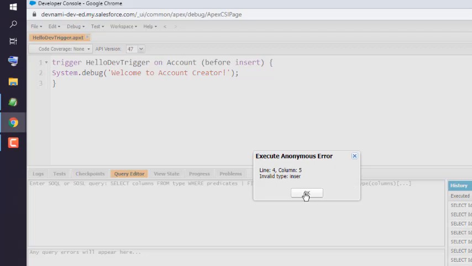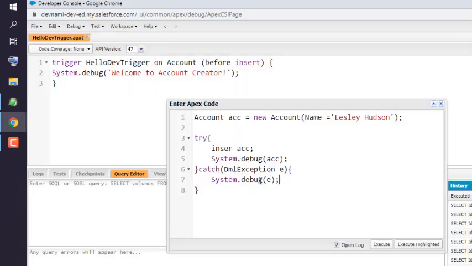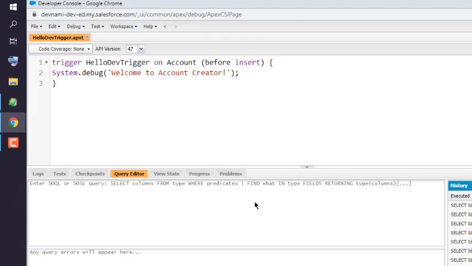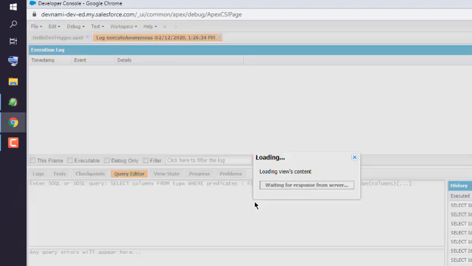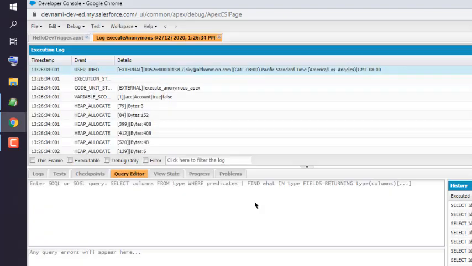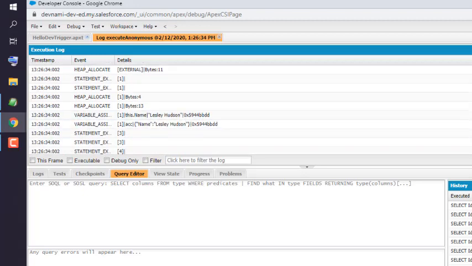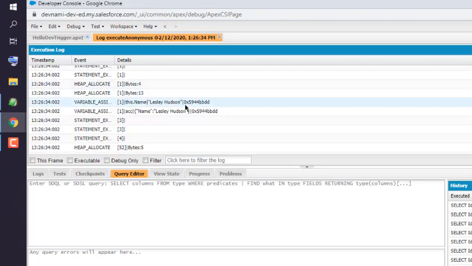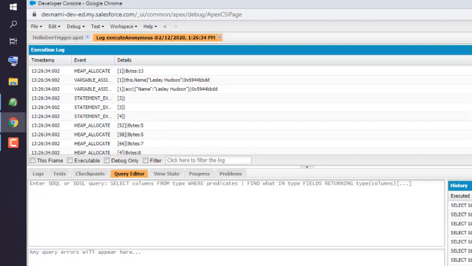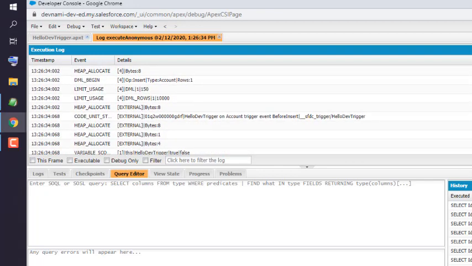Okay, so here you see our query has gone wrong, so I have to insert the keyword, so not insert. If there are any typos or something like that, make sure to clear that, otherwise it will take longer to load your log. Okay, so let's wait for 2 user debug messages, first being our trigger. Okay, so as you can see, our name and user ID is already created, so we just check that in